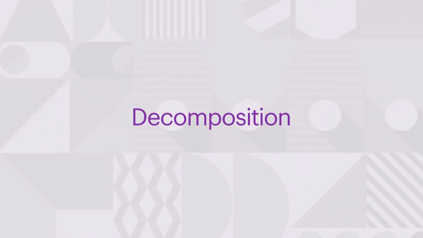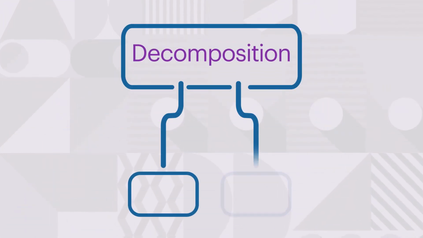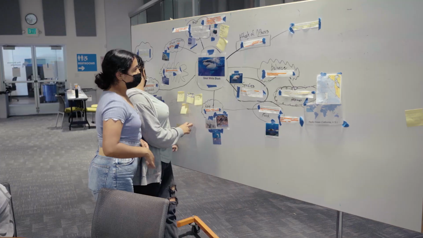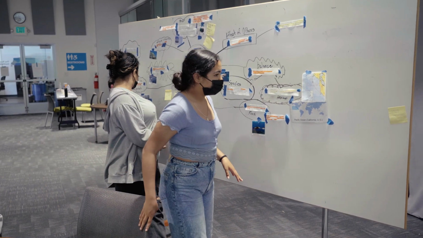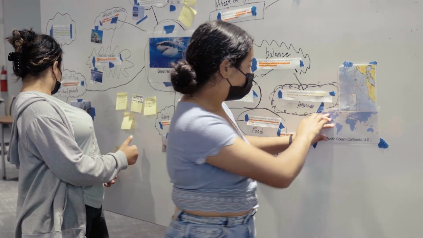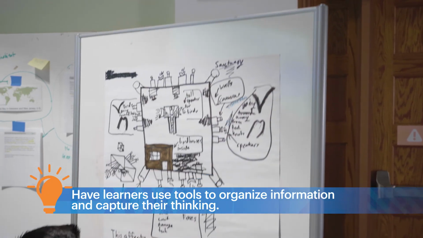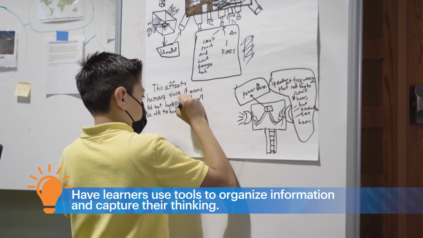A critical step in understanding a complex problem is decomposition, breaking the problem down into smaller pieces. When we were organizing the board, we cut out the different pieces of information and we connected it to information that we've read from the pictures or from other papers. And we kind of just grouped them together and kind of made little groups of what they do to affect us. To support this process, have learners use tools like mind maps, collages, tables, flowcharts to organize their information and